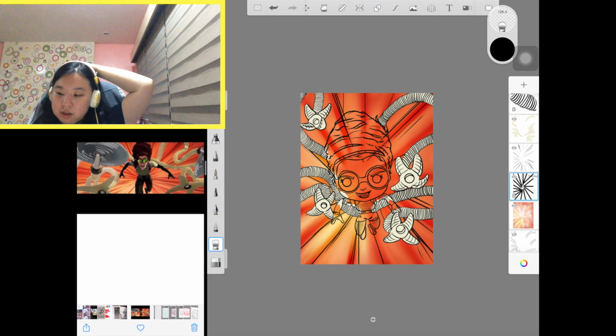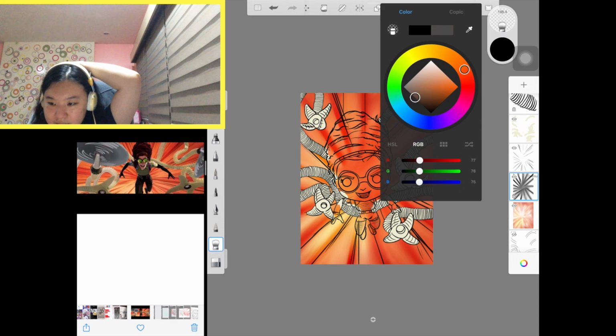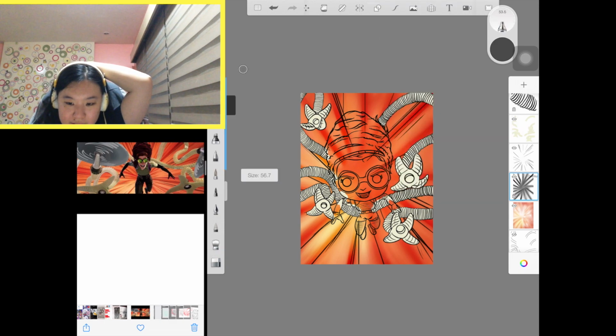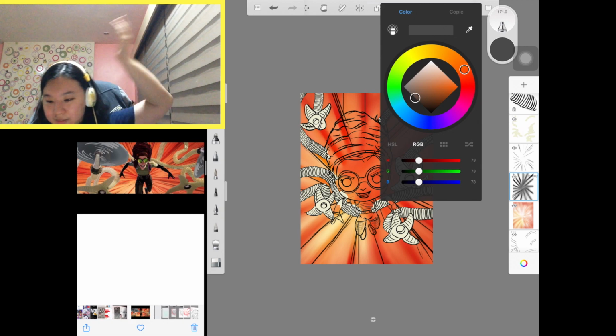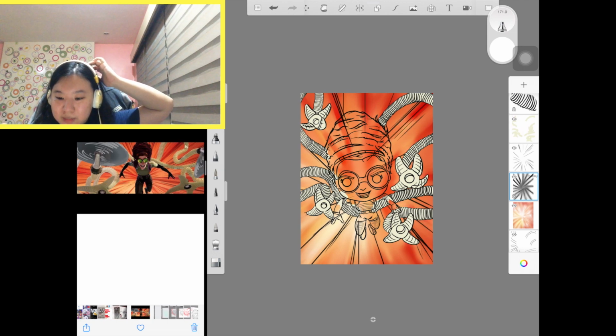I think that's good. Maybe it's too dark here, so I just lock the layer and then use a lighter gray and then just airbrush this part so it's not as intense. Just airbrush it. And if I want, I can just make it really bright, huh? But